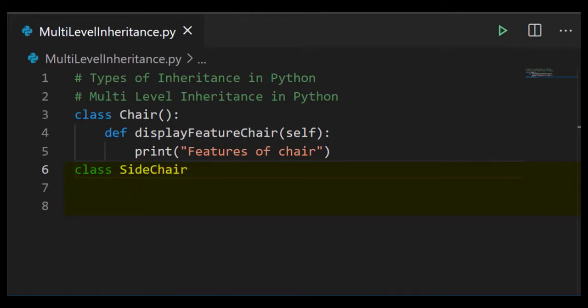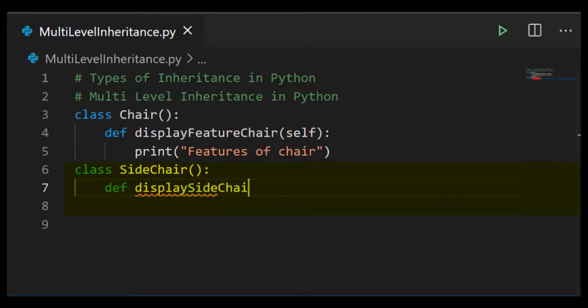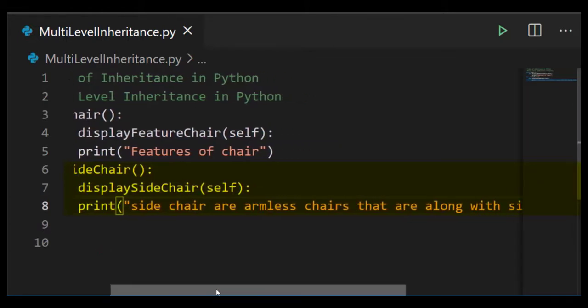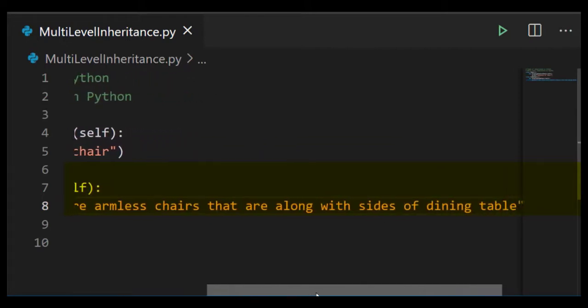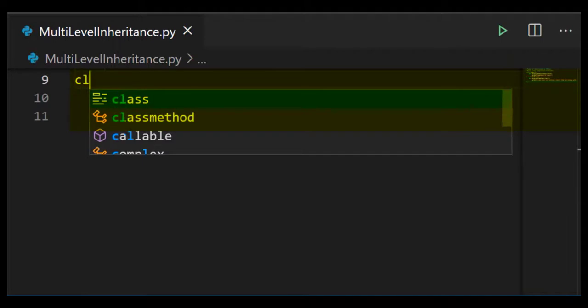side chair, then define a method called display side chair method with self keyword, and write one more print function, that is side chair are armless chairs that are along with the sides of dining table, and then create one more class called